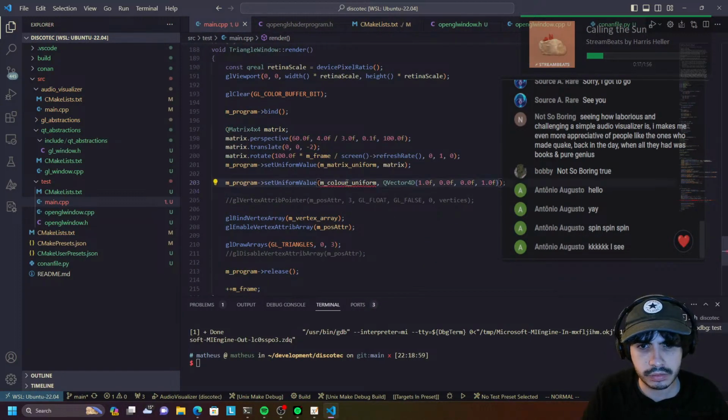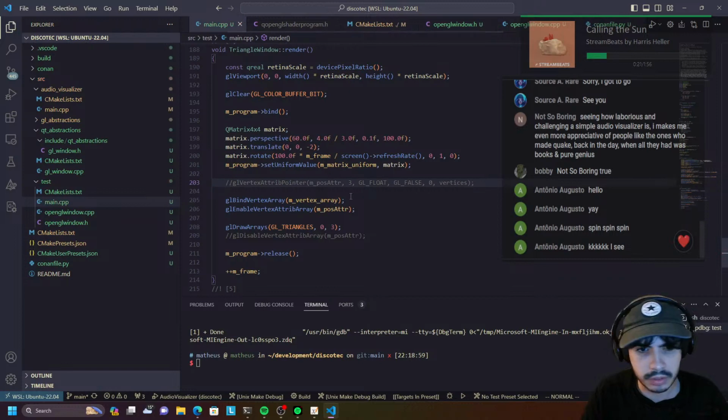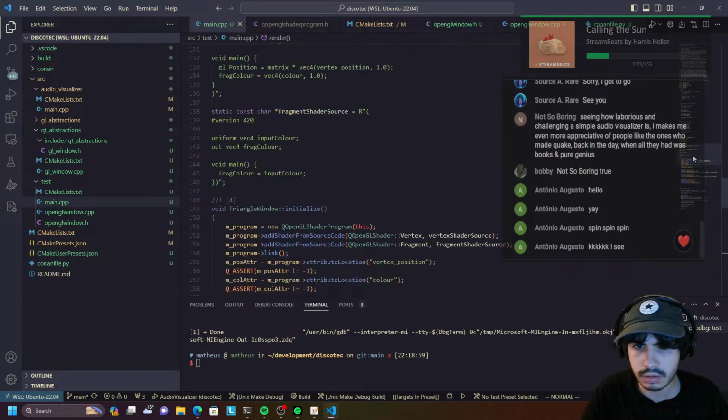We don't have a color uniform anymore, so yeah, we don't have that. We don't care about that one, so let's just remove it. We do care about the matrix, and